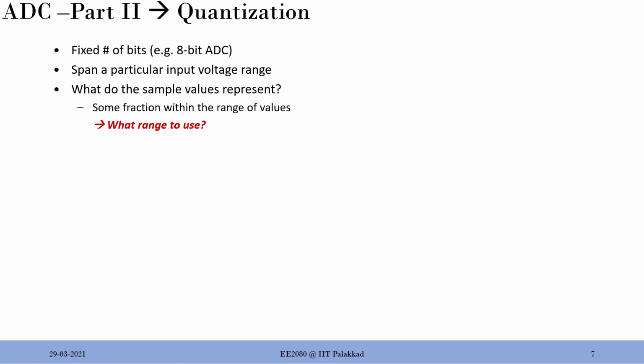So basically you have an input voltage which is an analog signal, and you want to divide the entire range, the span of your signal, into equal divisions. That's what quantization or discretization in amplitude means, right? So you have the analog signal, you want to have this particular range, and then in that range you divide it into equal intervals.